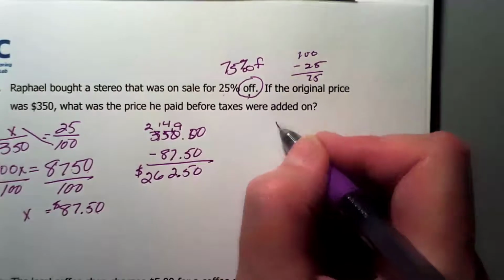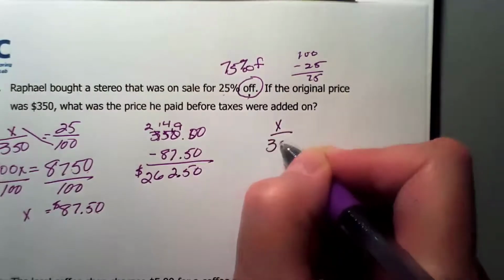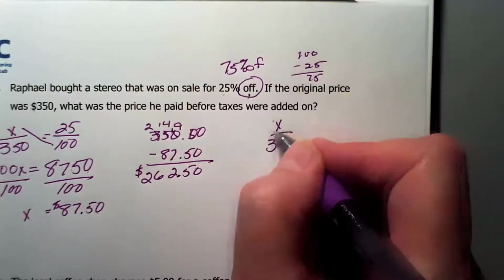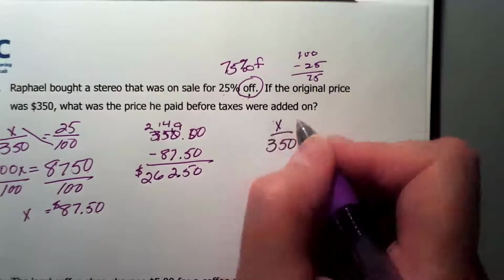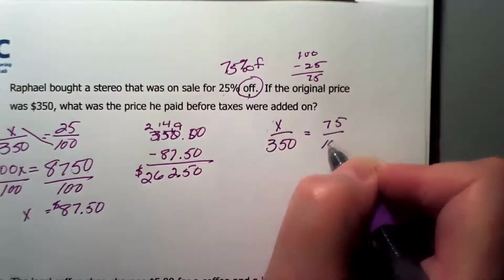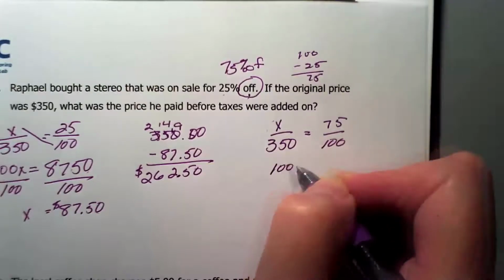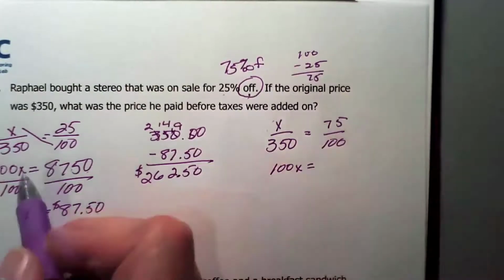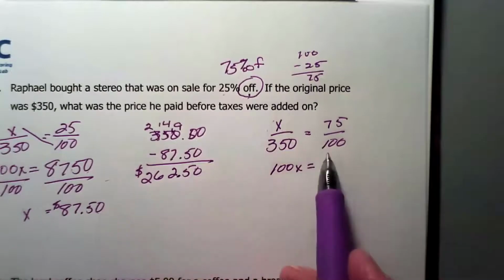So you could set the equation up as the amount over, then this is going to be not the discount, but the discount price, the new price. If this isn't making sense and it's confusing you, just go with this. This is more the standard way, but it helps to know that there's this other option too.